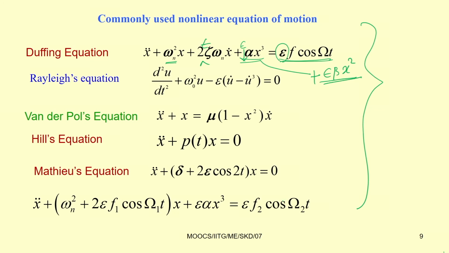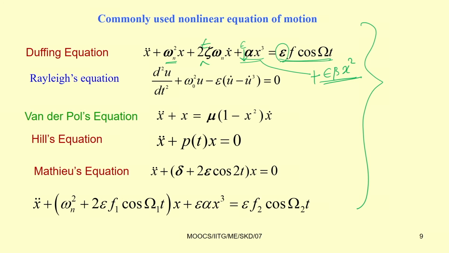So, in many different ways we can write down this Duffing equation. This alpha may or may not always be positive; it may be negative also. Depending on hardening or softening, we can have a plus or minus sign of alpha. Similarly, for the forcing, we already know the forcing may be weak or it may be strong forcing.